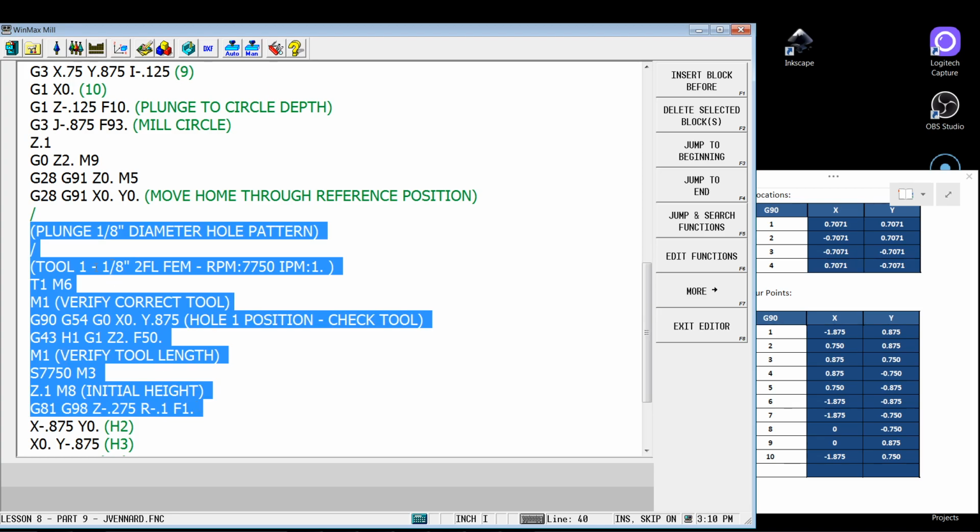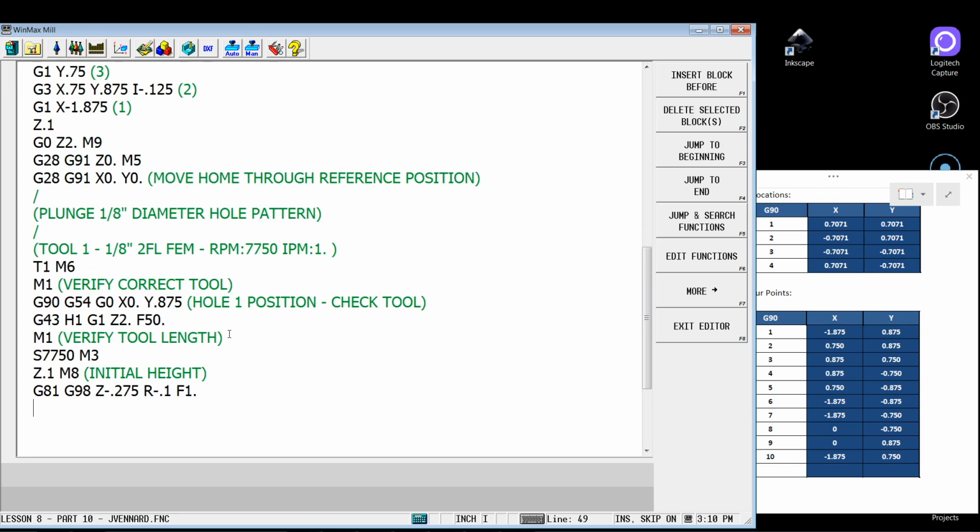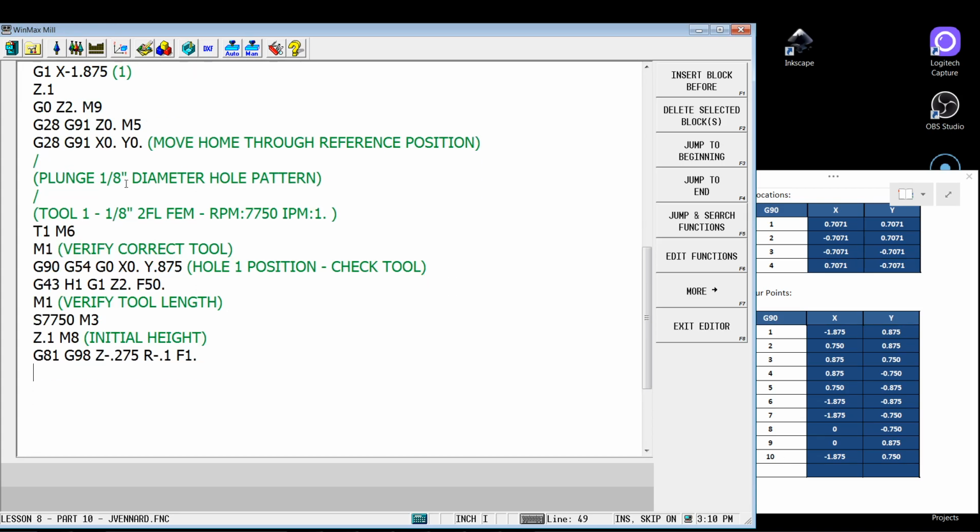Okay, yeah, we're going to change some positions, but that's okay. I'm going to copy all of this. I'm going to jump back over and paste that in. And then I'll modify what needs to be modified. So line by line, I take my time and I look at this. Tool 1, M6, G90, G54, G0. I'm moving to position 1, so that is going to be changed here. I'm moving to X.7071, Y.7071,